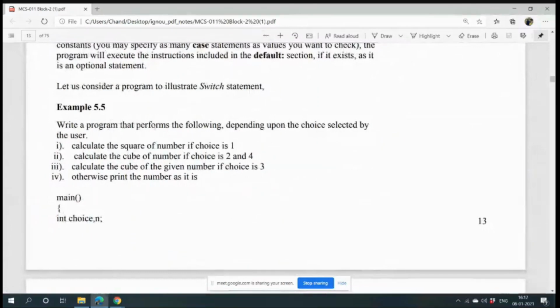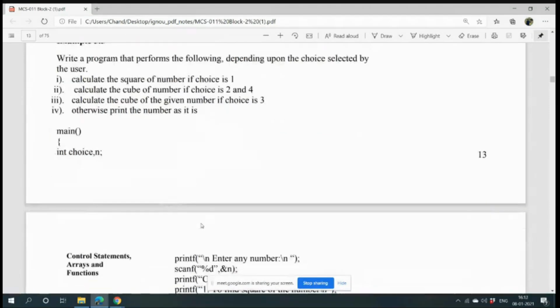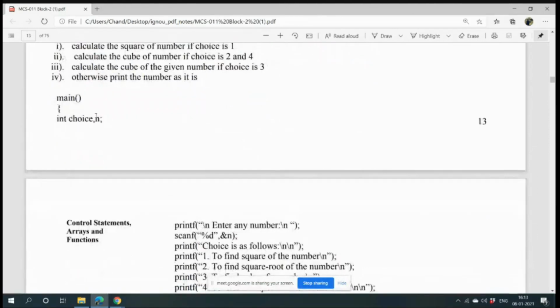Write a program that performs the following depending on the choice selected by the user: calculate the square of the number if choice is 1, calculate the square root of the number if choice is 2, calculate the cube of a given number if choice is 3, and for 4 something else, otherwise print the number as it is. So one is choice variable, one is number variable, both you take as int.